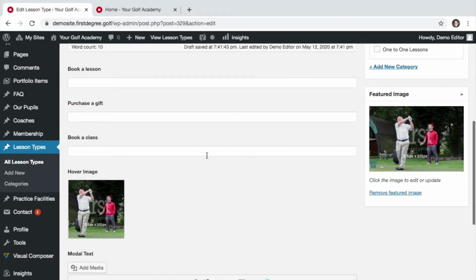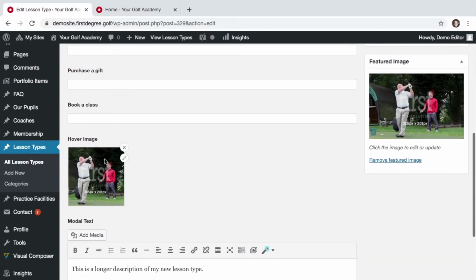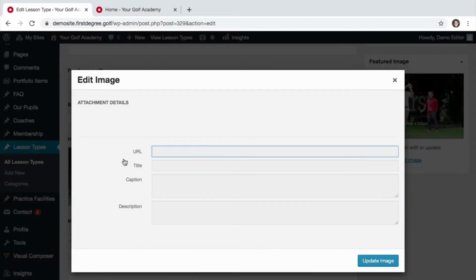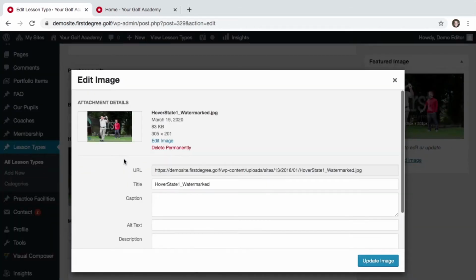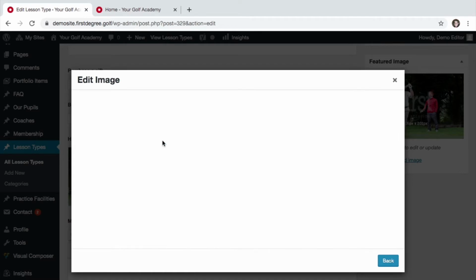To edit the hover image, navigate across to the Hover Image section and click on the pencil icon. You can add a new image by clicking Edit Image,